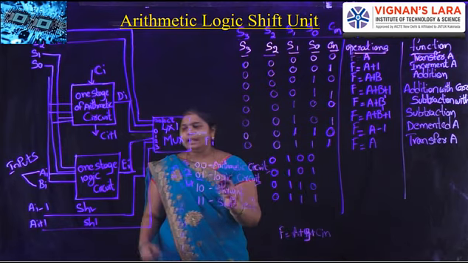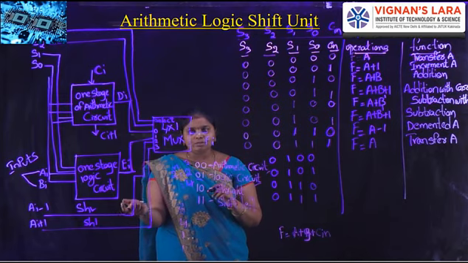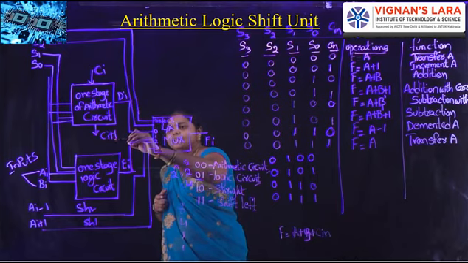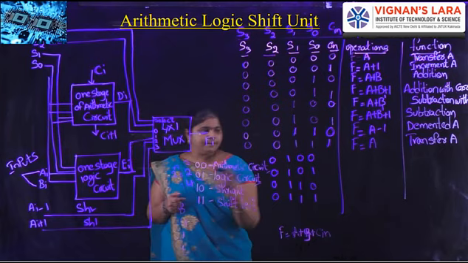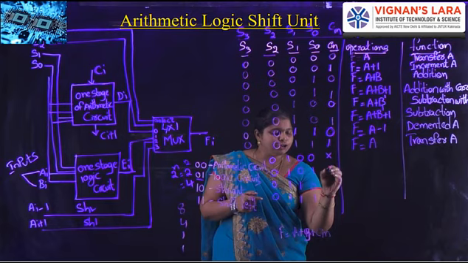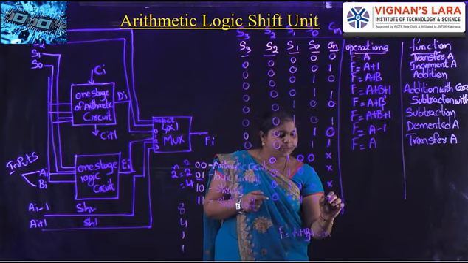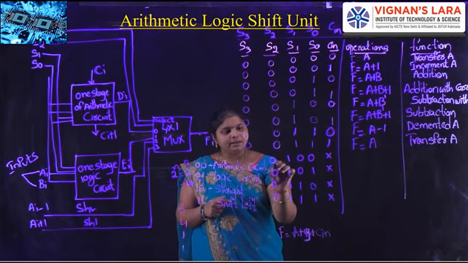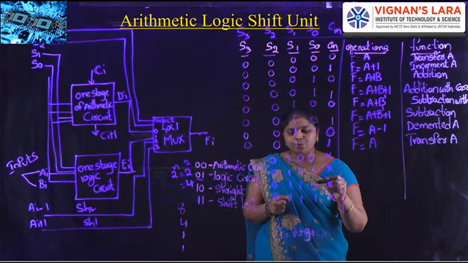In the logical circuit there is no need for the carry. In the arithmetic circuit the carry will be placed. Here Cin and Ci plus 1 are useful for the next stage output. Here there is no need of carry, so in the carry place we prefer an XNOR gate as a don't care condition. For the logical circuit we perform the operations 0, 1, 2 and 3.